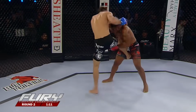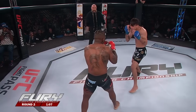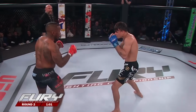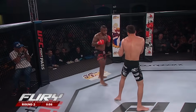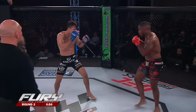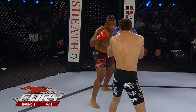A fighter like Kenn, Alex, as you mentioned, so tough to figure out. Just shows you his work ethic, his experience, a 36-year-old, just constantly adjusting. Yeah, still a great athlete, still moves very, very well, still has heavy hands. Good setup to that overhand right there from Diego Lopes. He jabbed high, jabbed low, and then came over the top with an overhand right as Kenn Glenn was circling